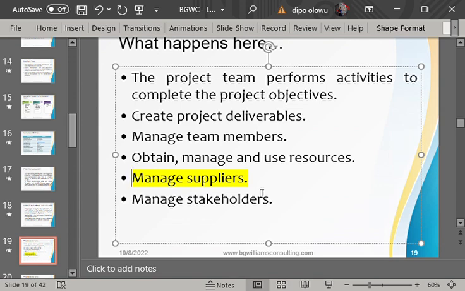He says, no, the blocks have not arrived, or we are still expecting the cement. So it is the responsibility of the project manager to manage the suppliers for the project. Why? Because the resources or whatever engagement he has with the supplier will be used for executing. So the project management team will be using it for executing.